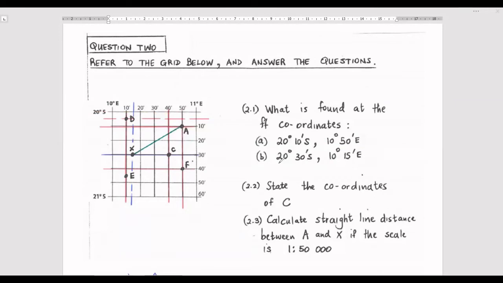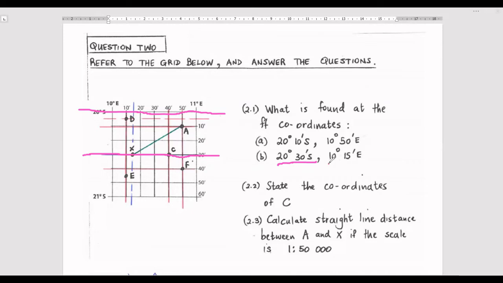Question B, 20 degrees and 30 minutes south. There's our 20 degrees. Again, south, it's a line of latitude. It's more than that. It's 30 minutes. So Sir has been kind to us. The block is divided. There's 10 minutes, there's 20 minutes, there's 30 minutes. So somewhere on this line lies our answer. Unlike in this question here, where A was the only letter, now we've got two letters. Let's now go and find the line of